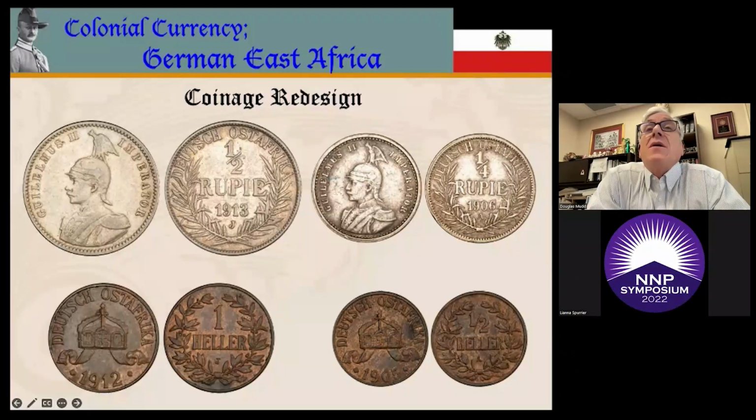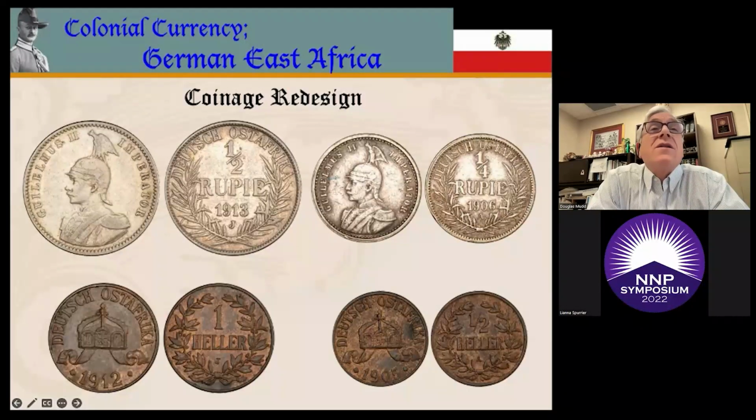In replacing the pesa, which was just a one pesa coin with no other bronze pieces and was supported by the cowrie as had been in the past, a complete series of subsidiary coins were developed to support the earlier existing silver coinage. So the subsidiary coinage of the Heller denomination, which was used to distinguish them from the pfennig used in the fatherland, was developed. The Heller was valued at 100 Heller equals 1 rupee, thus decimalizing the system.